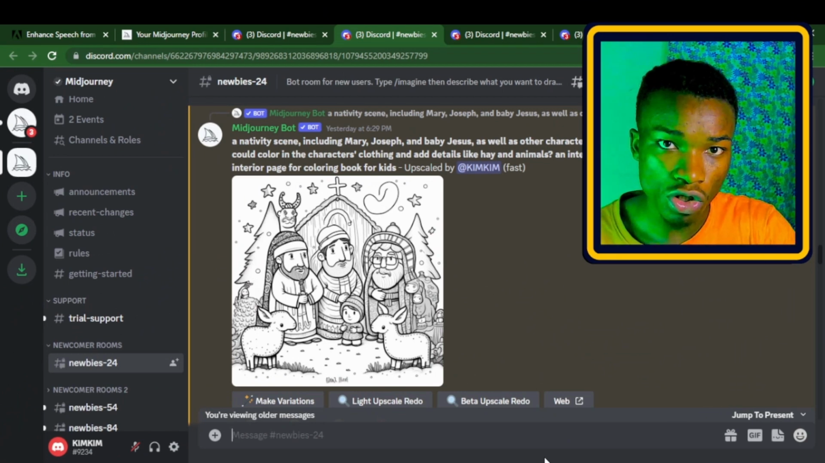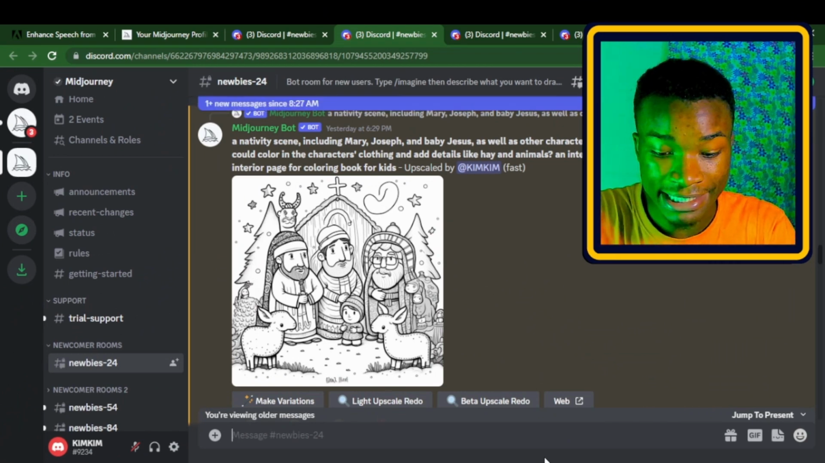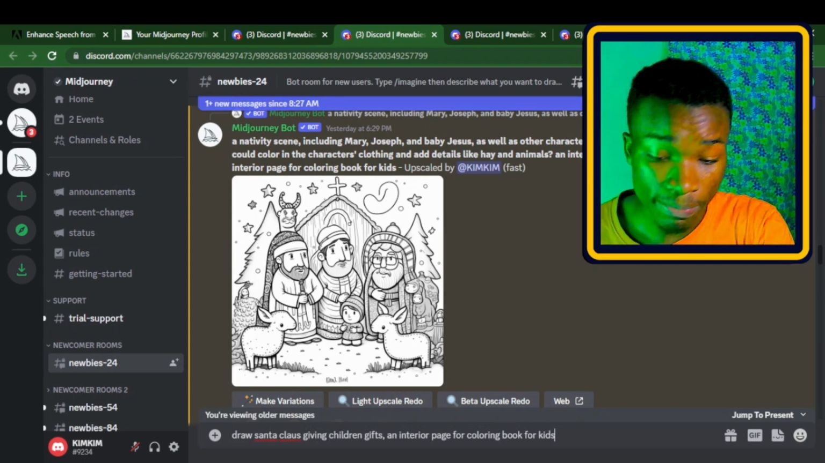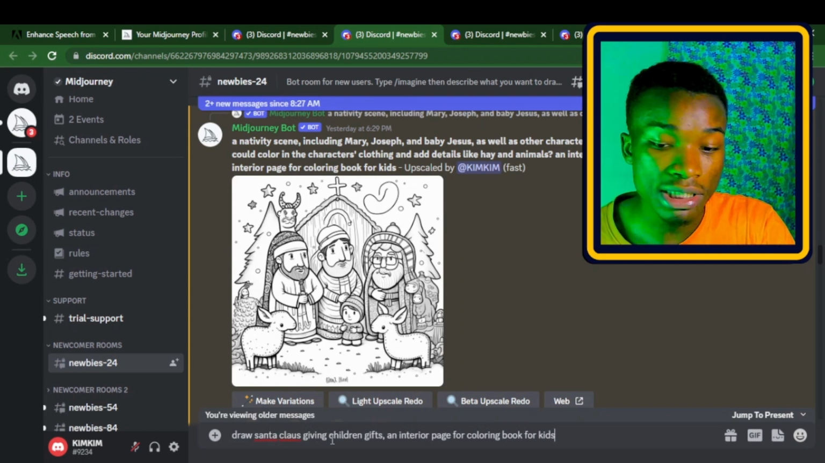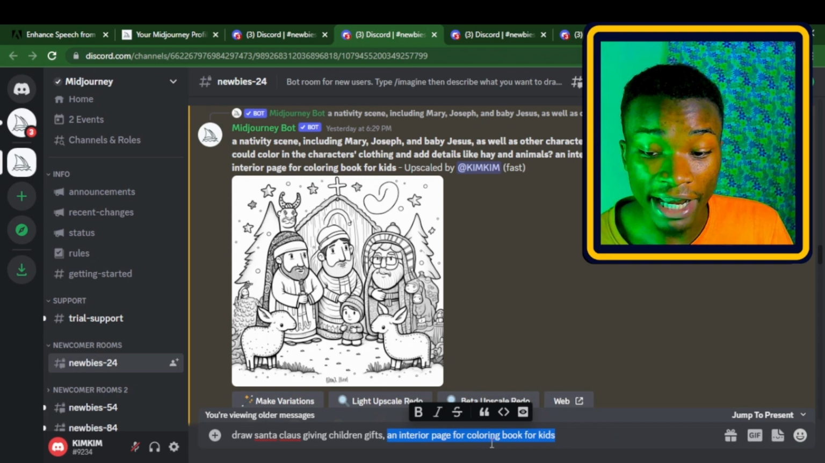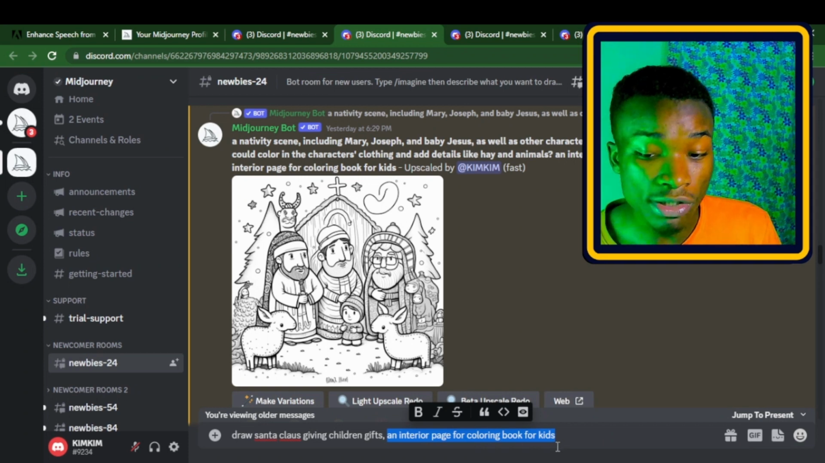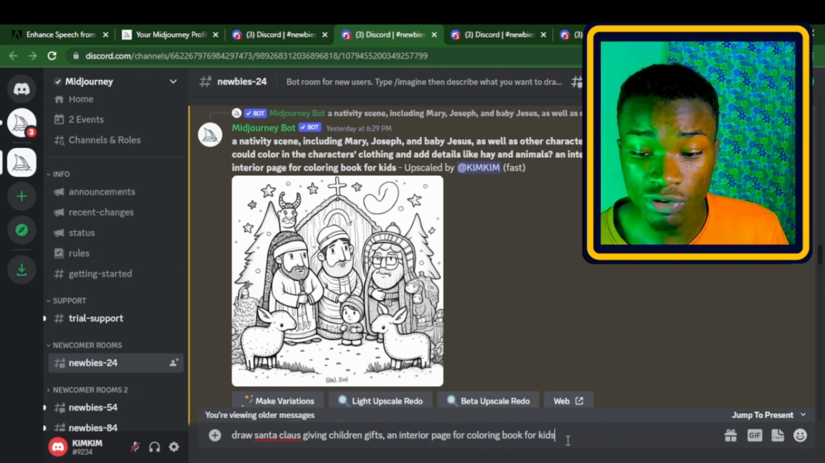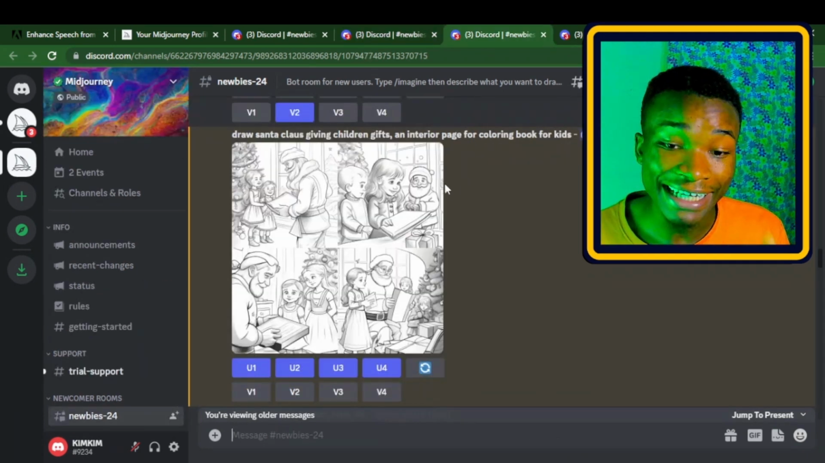It's very essential for you to know that the prompts you use to generate these images must not be copied directly from ChatGPT, and I'm going to show you an example prompt here. This is just a simple line of text. I've said draw Santa Claus giving children gifts, and I added this line here. That's why I said this line is kind of a superpower. I've added the line showing that it's an interior page for a coloring book for kids. If I go ahead and click enter here,